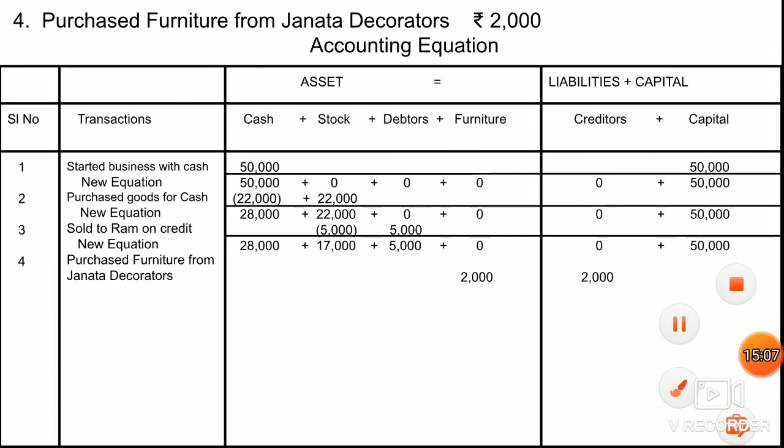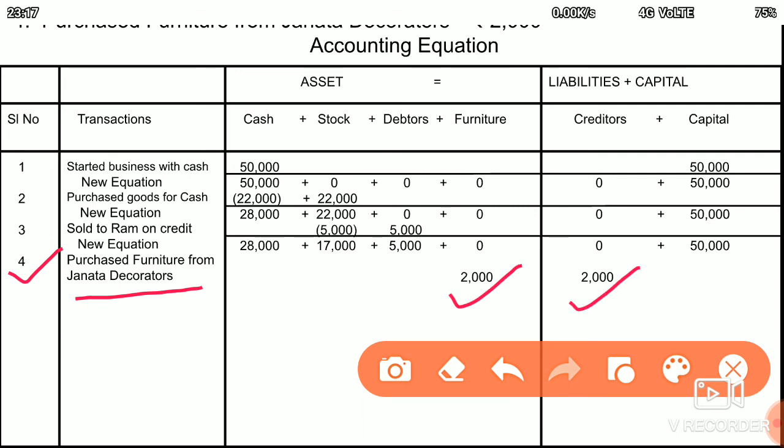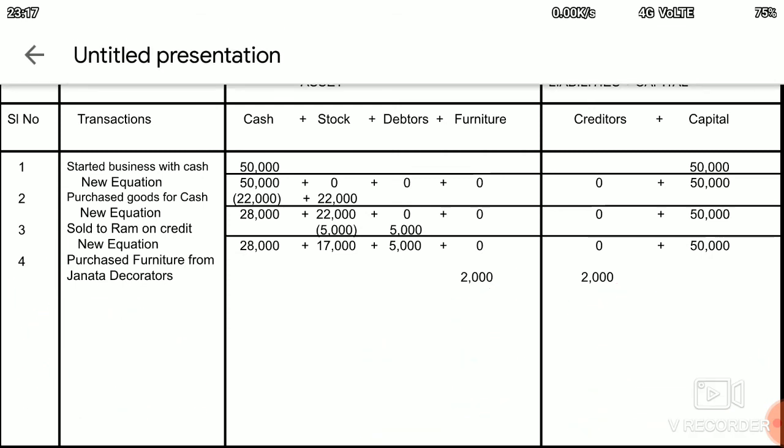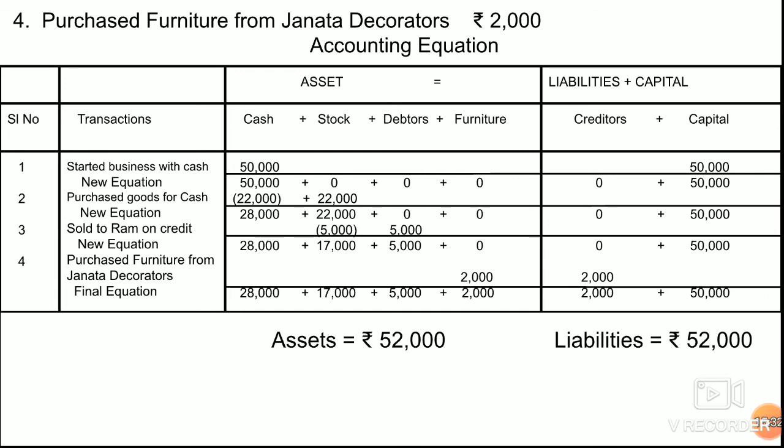So if we present this in the accounting equation, we write the serial number as 4, purchase furniture from Janata Decorators, the transaction. Then just below furniture, we increase furniture by 2000 rupees and we increase creditors also by 2000 rupees as the liability increases. The new equation, this will be our final equation because this is the last transaction. So our final equation is